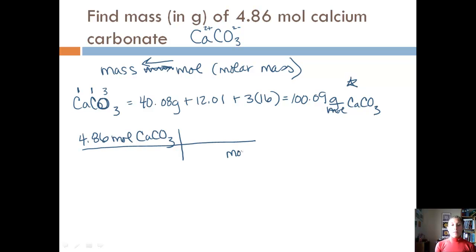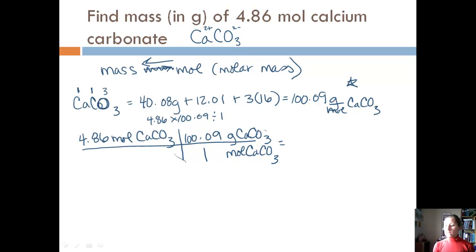We know we want moles on the bottom because we want those mole units to cancel. We know a direct conversion between moles and grams. That's our molar mass. And so we know for every 1 mole of calcium carbonate, there are 100.09 grams. And so if I take my 4.86 times 100.09, and you could divide by 1 if you wanted,